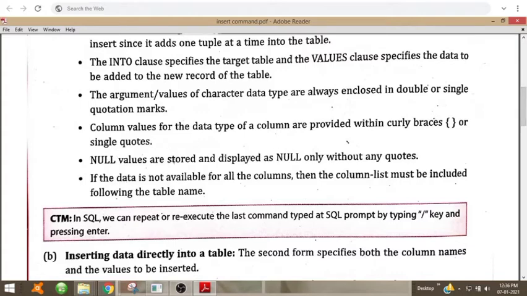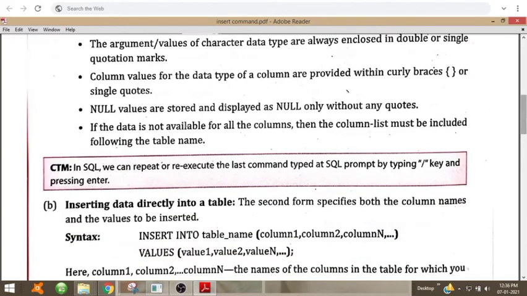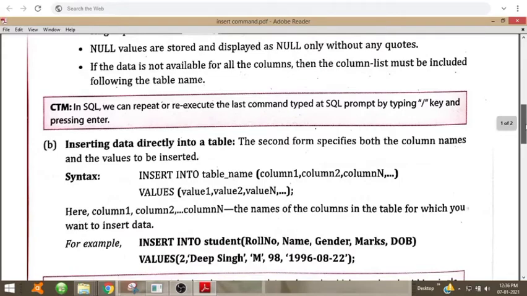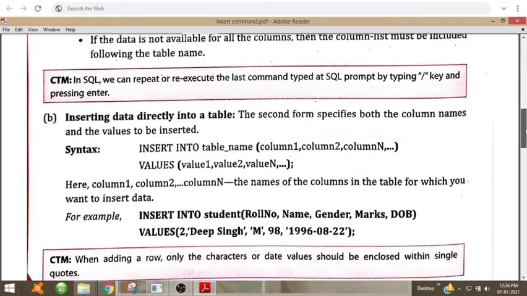Null values are stored and displayed as null, N-U-L-L, without any quotes. If the data is not available for all columns, then the column list must be included after the table name. If we are not inserting data in every column, then we have to specify the column names also.